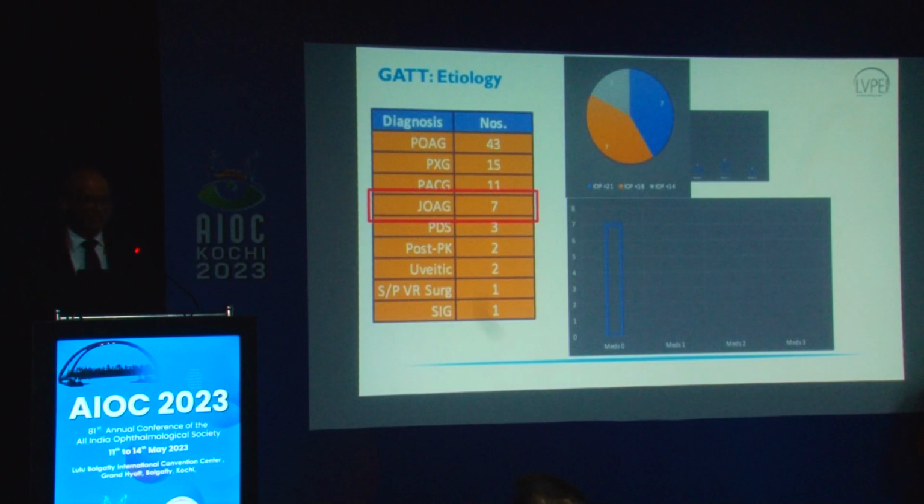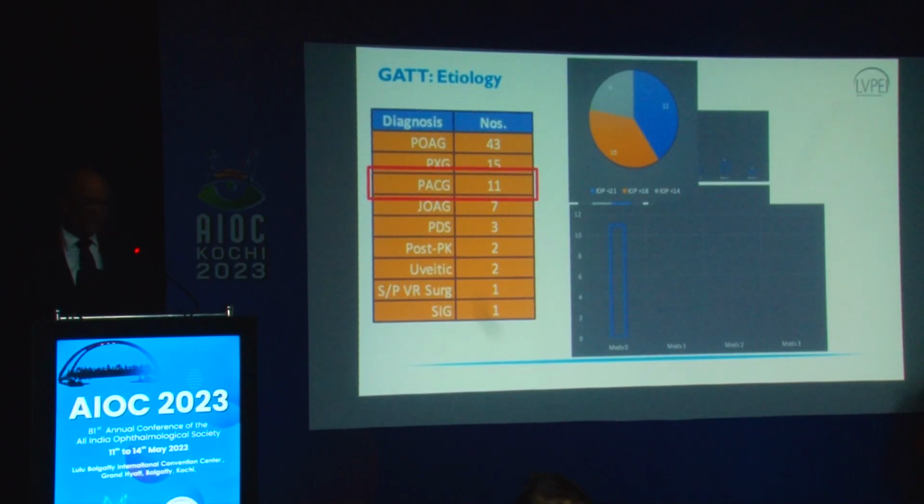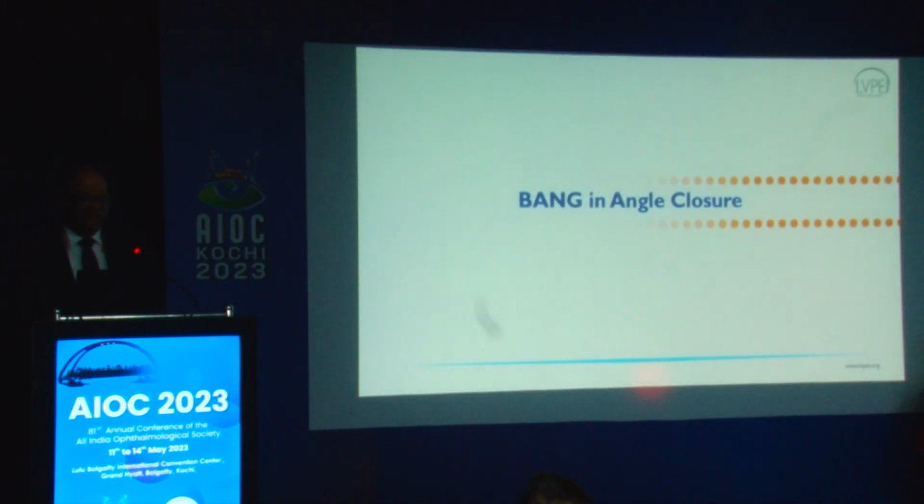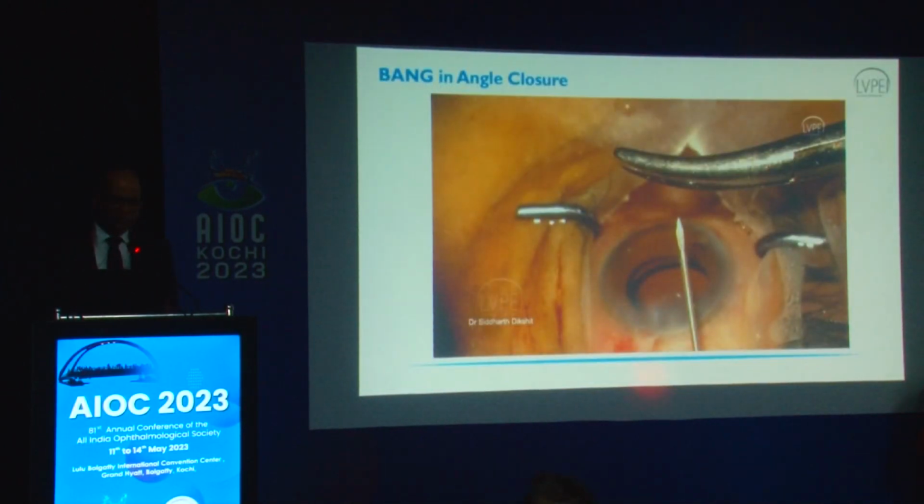GATE works in all the 7 cases that I have done. Very interestingly, in PACG, of the 11 cases that I have performed, only 1 patient has a follow-up of less than 6 months, and all of them are working well. Now, when the angle is not completely open, or I don't do a GAT, or sometimes it's a mixed thing,